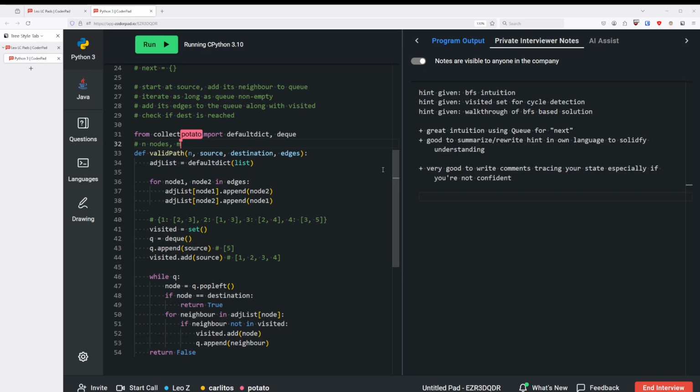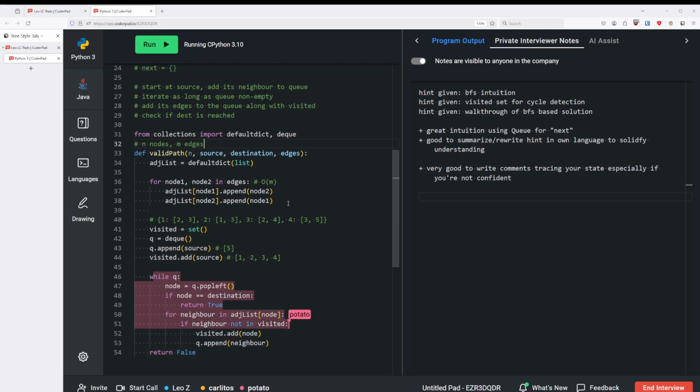N nodes and m edges. Then this would run in O of m time because we have to iterate through each of the edges. Okay, O of m. And then for the space complexity part,